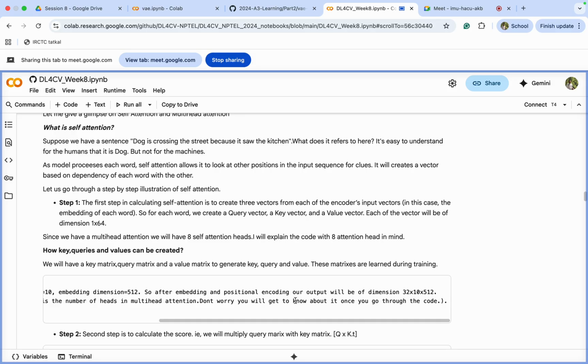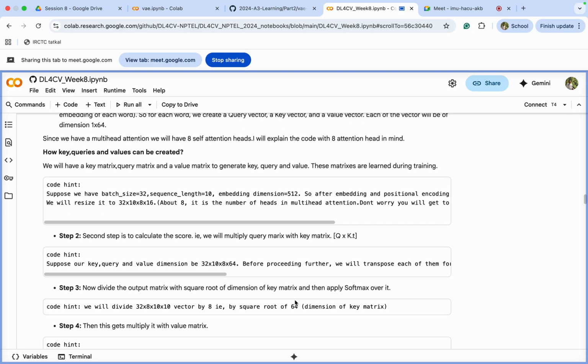So you split it into 8 different parts, and this 8 is telling you that there are 8 multiple heads which are computing your key value attention, and you basically concatenate everything into one vector and then pass it to the linear layer after this, right? So you can calculate your score, multiply. You do the multiplication between q and k,